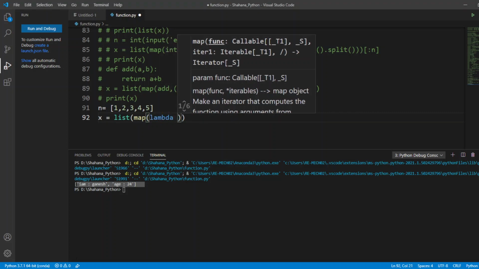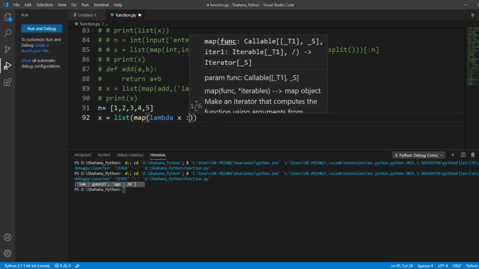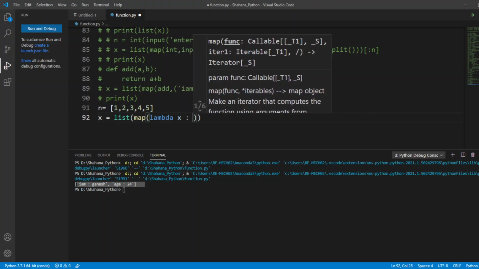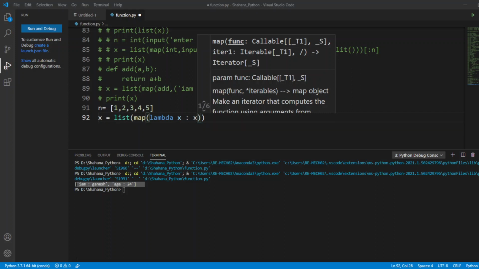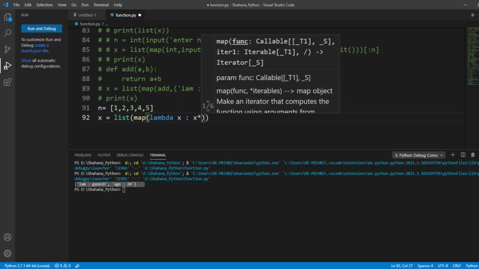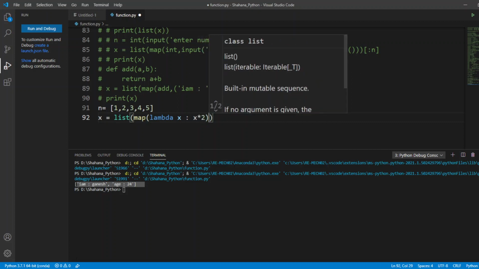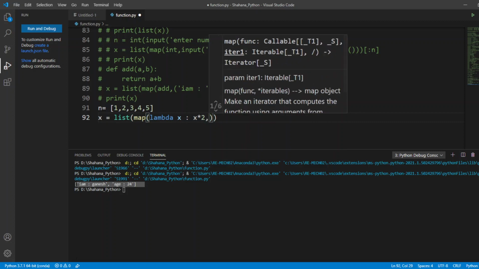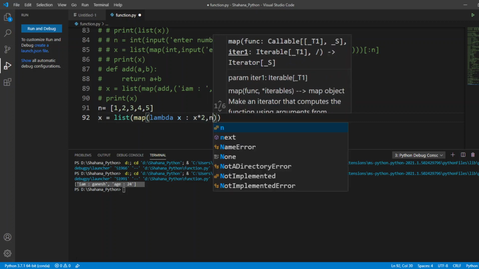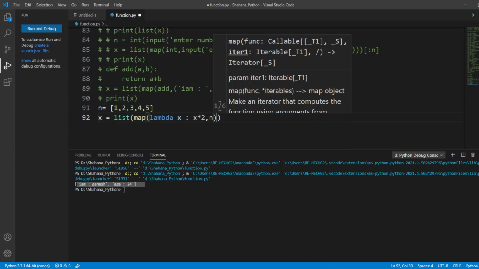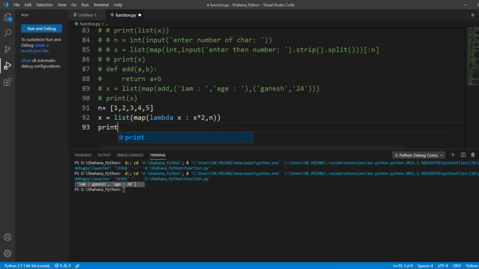My argument is going to be x, and what I'm going to do is square it, x to the power of 2. I'm going to pass my iterable n. Finally, I'm printing my x.